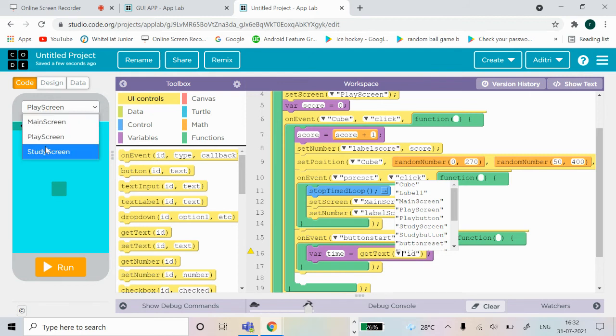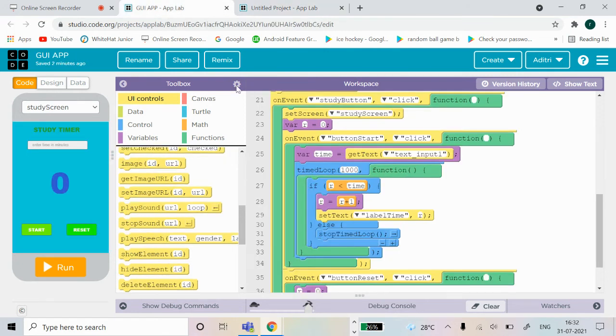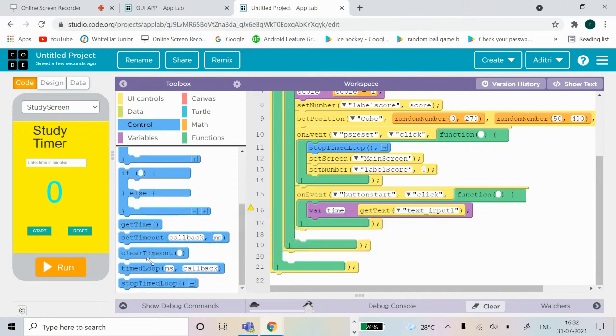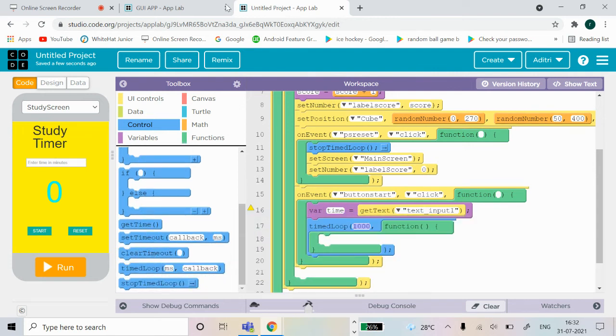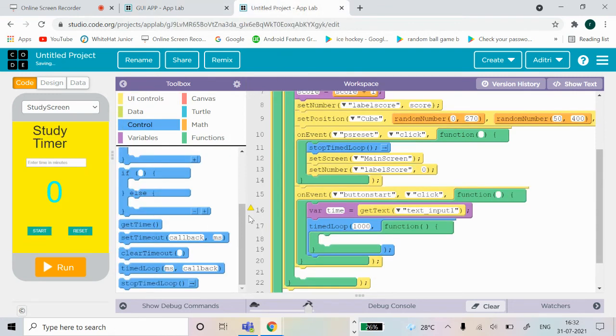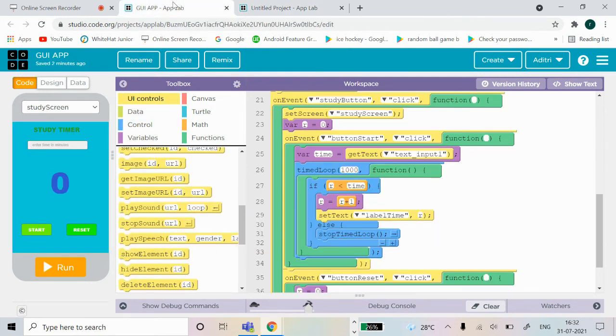So get text from where? From text input 1. Okay, get text from text input 1, and again we're putting a time loop. So now we are putting a time loop for the seconds. Now what we are doing, we are putting inside the time loop an if else block. So let's put this if else block. Okay, before that